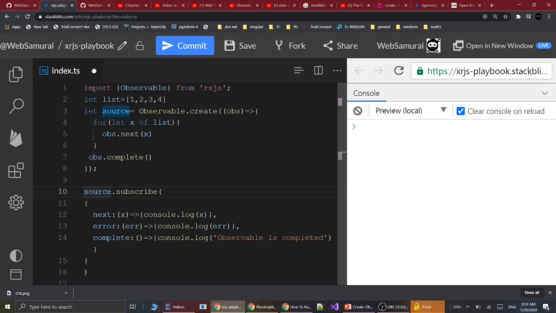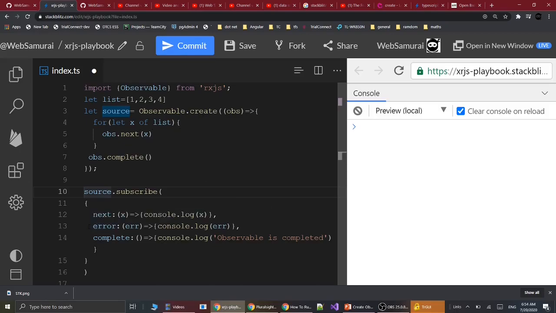This create function calls the next method of the observable, and whenever a new piece of data comes to this next function, it is passed to the observer in the subscriber. So these two observers work together.